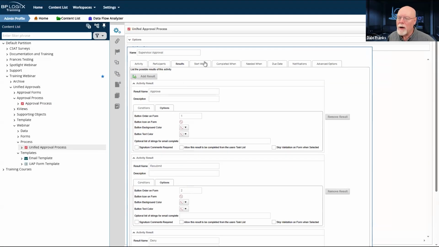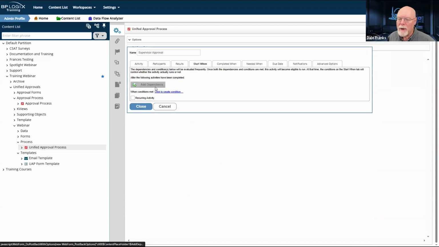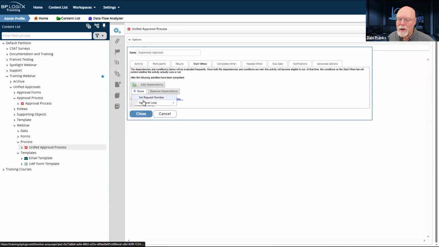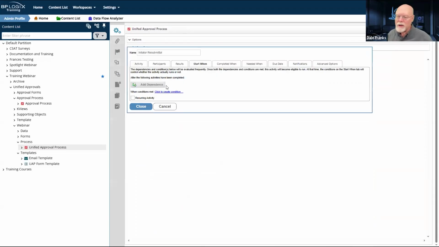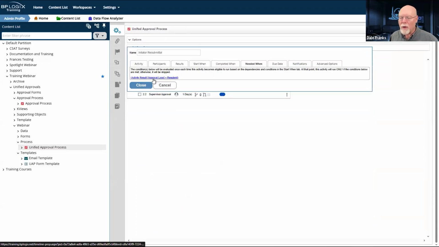And while we're here, we'll set our dependency on initiator resubmittal. So that will happen after initiator resubmittal. We set a needed when on initiator resubmittal, by the way, for the activity result for the approval loop as resubmit. So it will only run whenever I've got an active resubmit result on the approval loop.